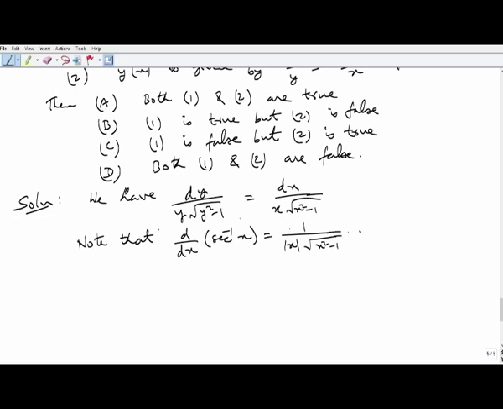Now, here we have dx by x times square root of x square minus 1. So, if x is positive, then of course, the integral will be secant inverse x, but if x is negative, then we can just multiply the equation by negative 1 and we will still get it. So, we do not have to worry about that, and by integrating